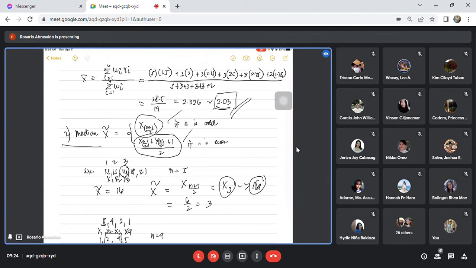So, ang atong formula ani, if n is odd, mo ni siya x, okay, with the subscript of n plus 1 over 2. Where n is odd. Okay, kung n is even, then mo ni siya atong formula sa ubos. x sub n over 2 plus x sub n over 2 plus 1 divide 2. Example,